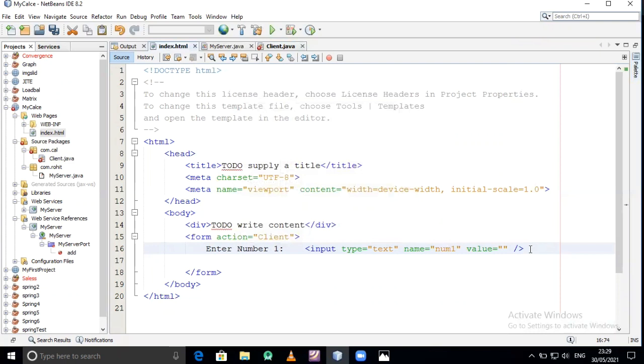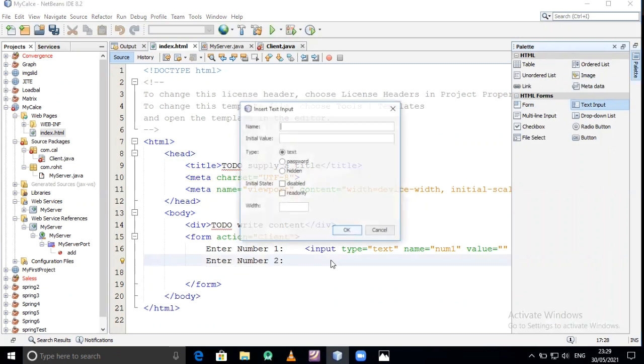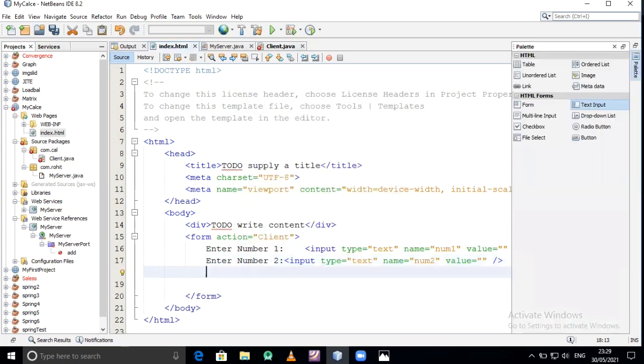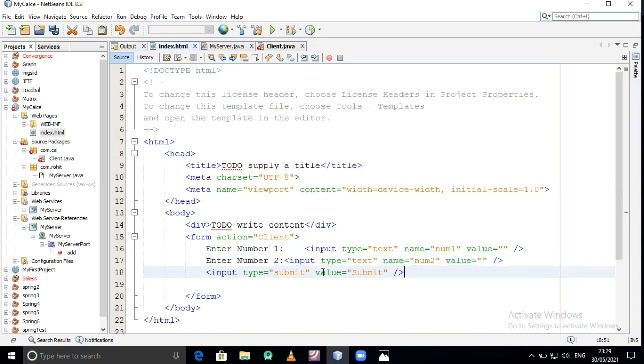Then enter second number, again take another input, and the variable name is num2. Then just take one button, and the label name is, suppose, submit. So here the first input, the second input, and after pressing the button we get the result from the server side.